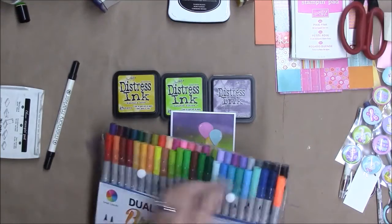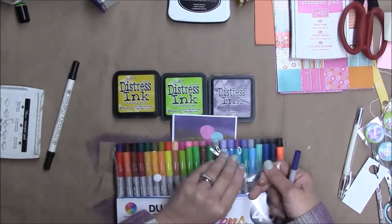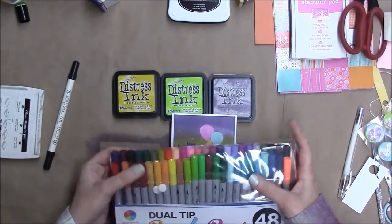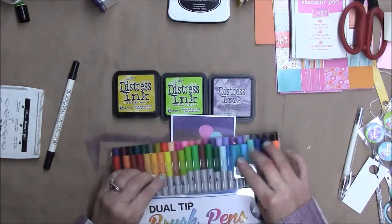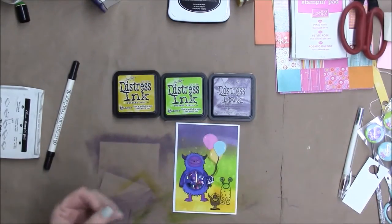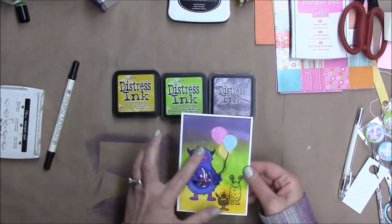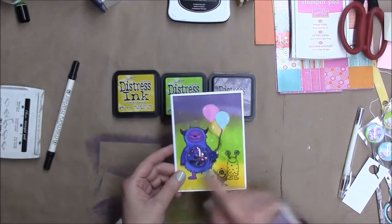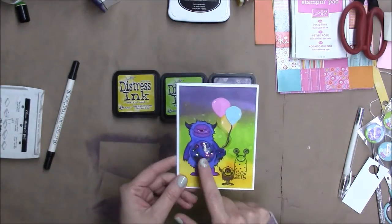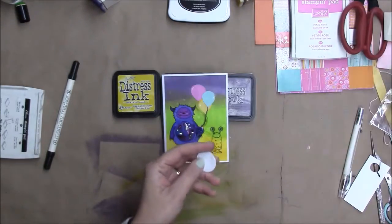They have all the colors. Oh, my purple one. I didn't put my purple one back in here. So it doesn't bother me, for the little amount of time that I do color. I like to use more digi images that are already colored. But anyways, that's what I used. On the background, I used these 3, and then I colored him in with those markers, and then he shakes. I took one of these, and if you just take it and